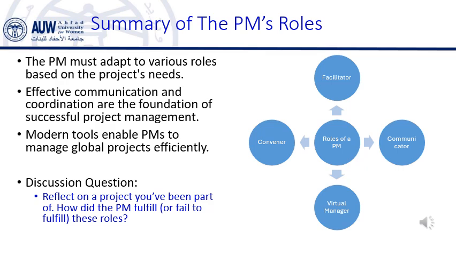Example: in a marketing campaign meeting, the PM might convene the meeting, create an agenda that includes reviewing campaign progress and discussing upcoming deadlines, and invite the marketing team and client. As the chair, the PM would ensure the meeting stays focused, encourage everyone to share their thoughts, and ensure that decisions are made about the next steps.